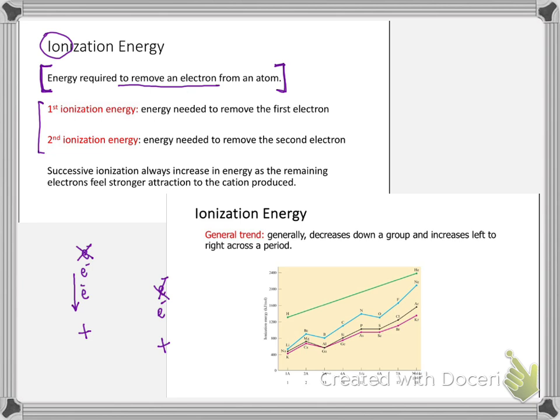Now we're just going to look at the energy to remove the first electron of the atoms, and we're going to look at it as a trend. Here's a diagram at the bottom of this slide, which is written a little bit differently, but let's see how we would look at it. Read the trend. It says, in general, it decreases down a group and increases left to right. I usually like the same direction, but this is okay. We'll go with this. So let's look. It decreases down a group. So if we look